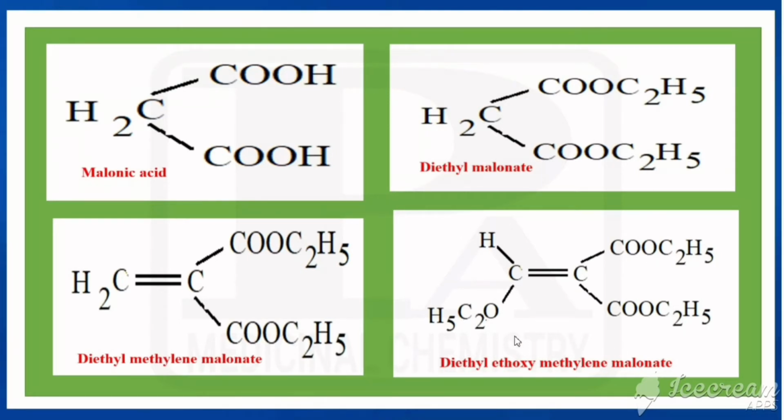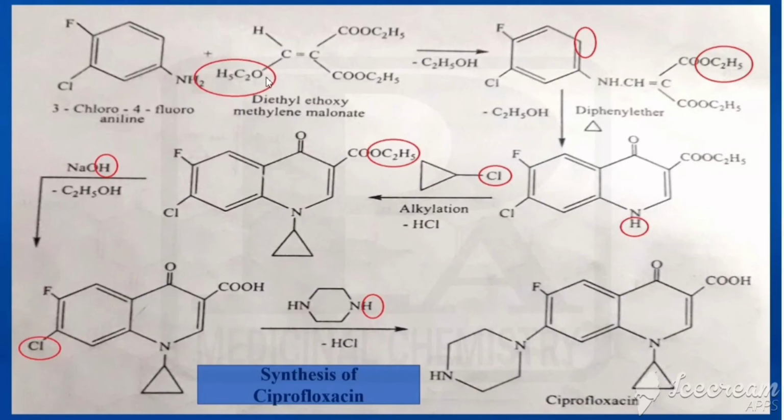Now you are clear with the name for this one, no? So what is the name? Diethyl ethoxy methylene malonate. Now come to the synthesis. So what we have taken? Diethyl ethoxy methylene malonate. By the addition of these two, what happens? Here the H combines with OC2H5 and is removed as ethanol. That's why the left NH would be added to the CH. So we got that. Only one change: there is removal of ethanol and we are getting that one.